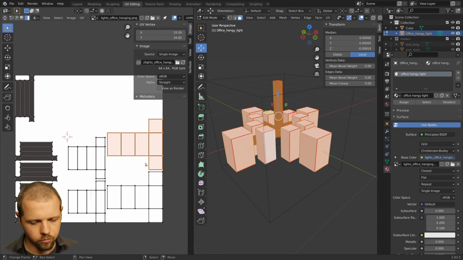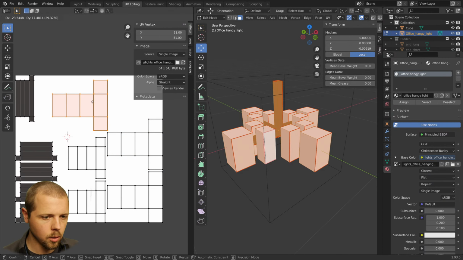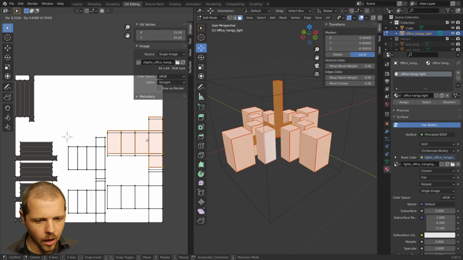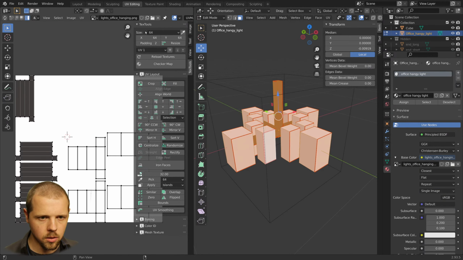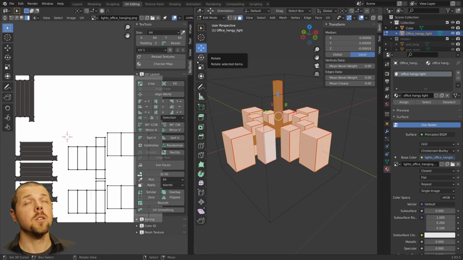I don't have that checked. It doesn't make any difference of how your stuff snaps. But yeah, if you constrain to pixels, then you don't have to worry about getting like half pixels on anything. And then I'm also using this Text Tools add-on for Blender, which is how I unwrap it and then just click a button and it scales everything correctly for me, saving me a ton of